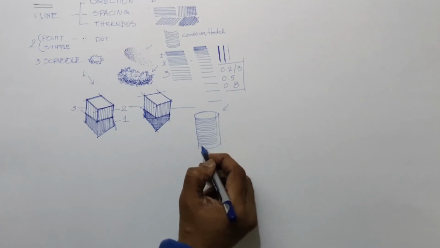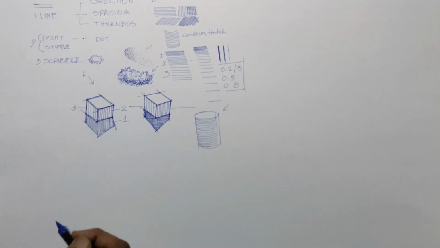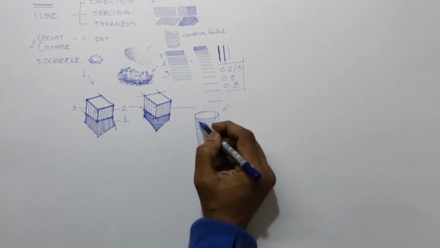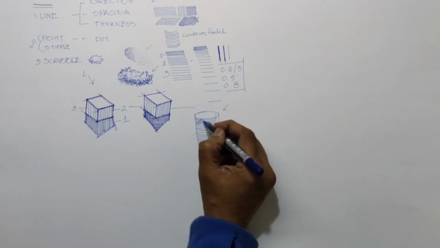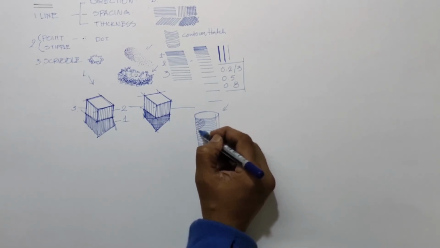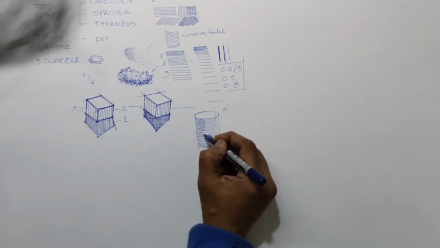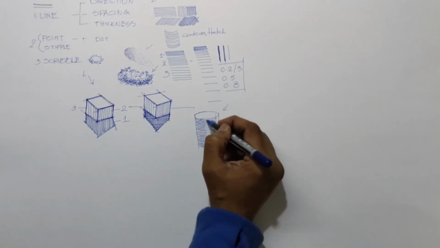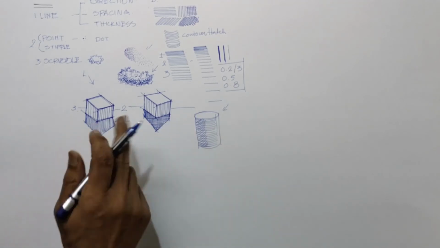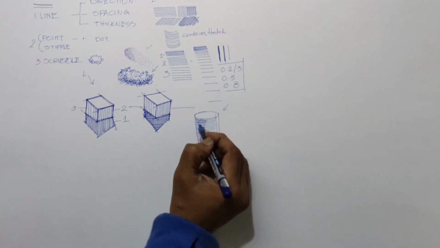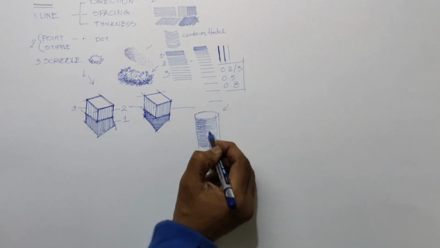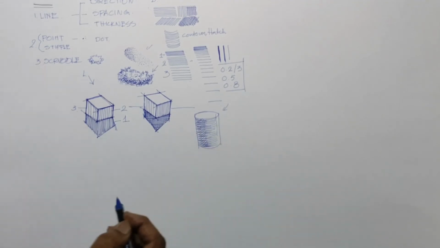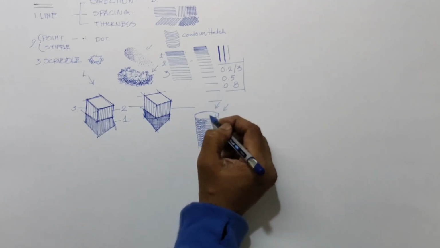Fine, this is a contour hatch. In this also, if I want to increase the depth here, I can go for a contour hatch only, but it is like a cross hatch. See, I am using a contour cross hatch. See what happens? It becomes much darker. Fine. That way I can get the effect of light and shade over. Now the light is here, so no problem.